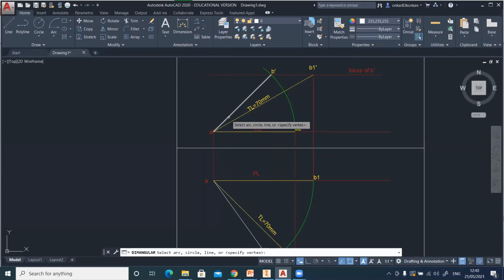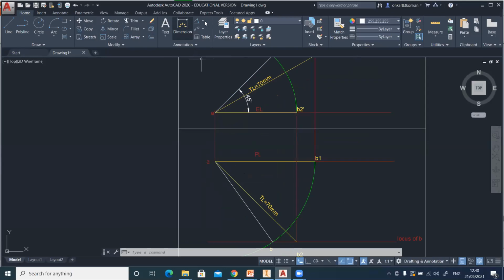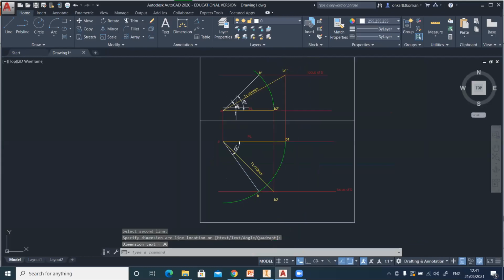This inclination of the actual front view with the horizontal is called the apparent inclination. Right now that inclination is 45 degree. And the apparent inclination observed in the top view is equal to 55 degree. And what is the true inclination? It is given directly. That is 30 degree in the front view.